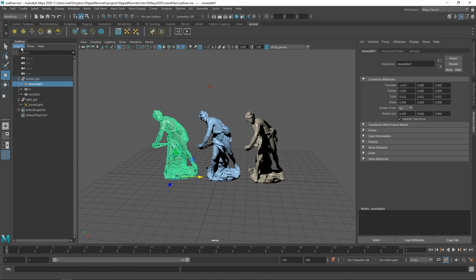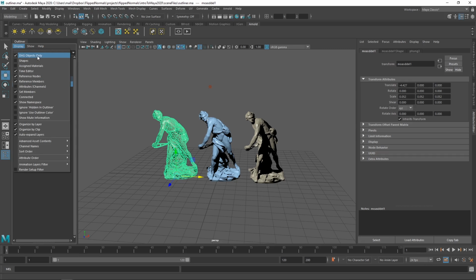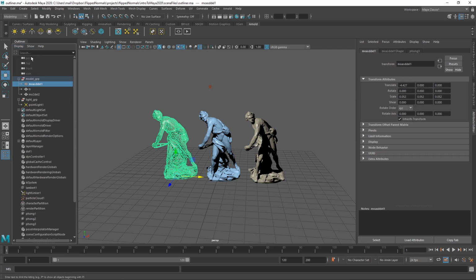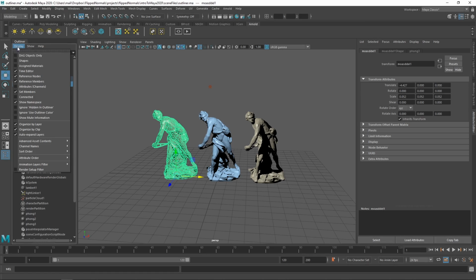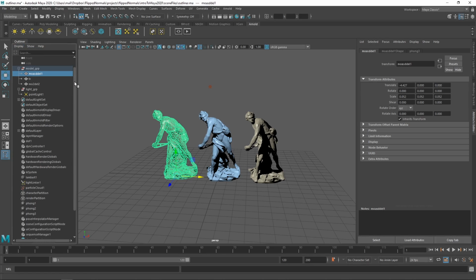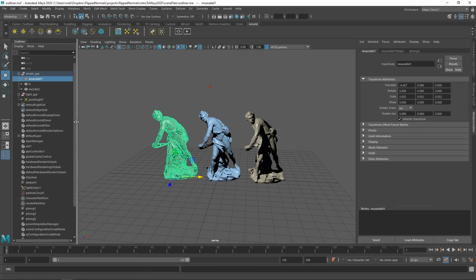And here's a little bonus tip. This is a little bit ahead of our chapters. We'll talk more about this later. But if you go to display, we have something called DAG objects only. This means that by default, you will filter it to basically only the real objects, like the models and all that. But if we were to disable this, now you can see here that we have all of this. And you're wondering, what the hell is all that? Well, these are the